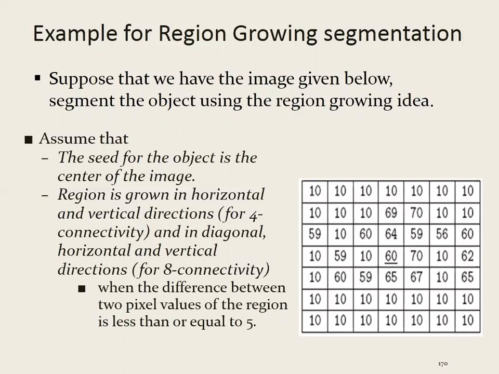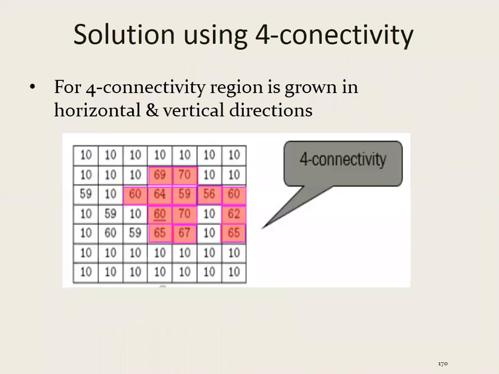So depending on the number of connectivities that we are considering, the number of similar pixels that we identify is also different. As the number of connectivities that we consider increases, the similarity between pixels also increases. Let's just consider the 4 connectivity. The 4 connectivity means just by